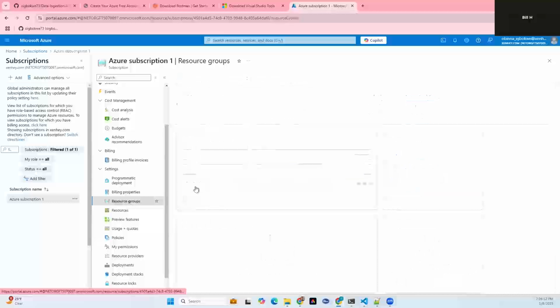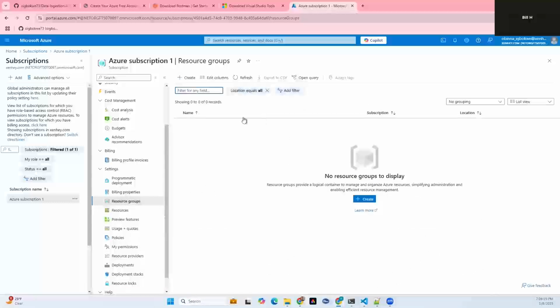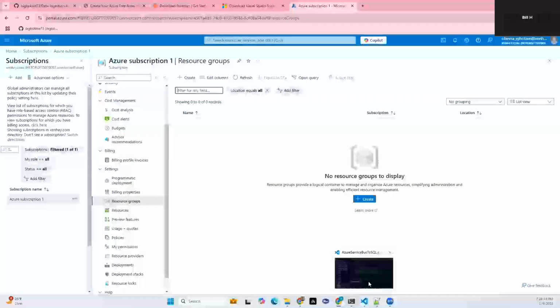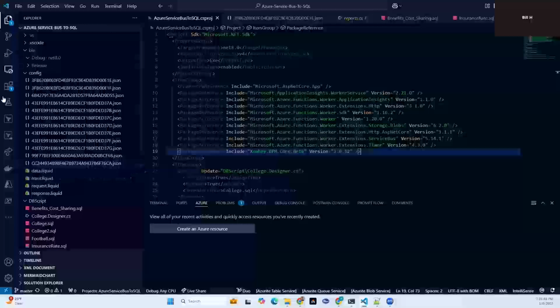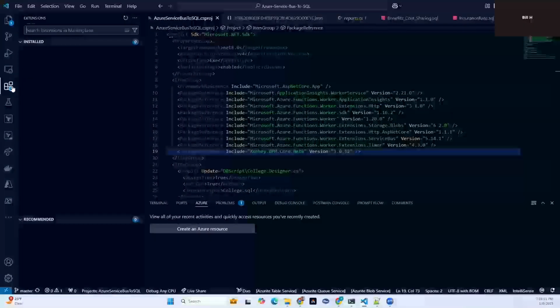And then you have a resource group. Your resource groups tell you what is in here. Now we don't have any right here because I just deleted the last one, but you can create a resource group here if you wanted to, or while you're doing your deployment of your function app, you can take advantage of that step and generate a resource group and push the resources out at the same time. And that's what we're going to do today. So now this is empty. We can swing back to the VS Code that is on our local machine. Now, to get started with VS Code, you need a couple of